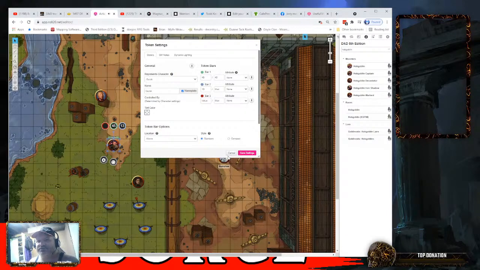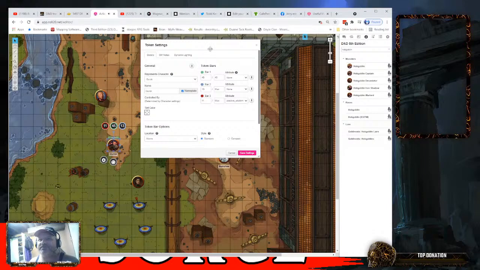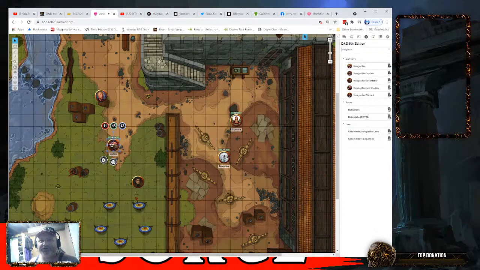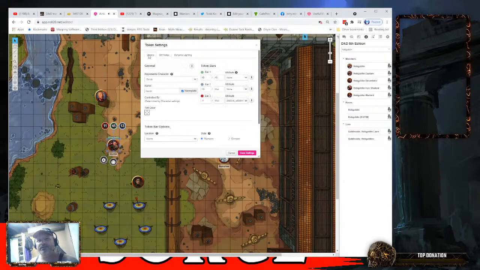It's all alphabetical too, by the way. So NPC persuasion. Oh, I went too far. There it is, passive wisdom, and then save. And then there we go. There's our character Gurok, and he's a blade singer. So under here, if you're the GM, you can also put GM notes in, and you can also